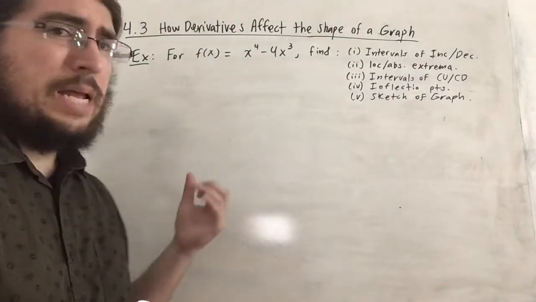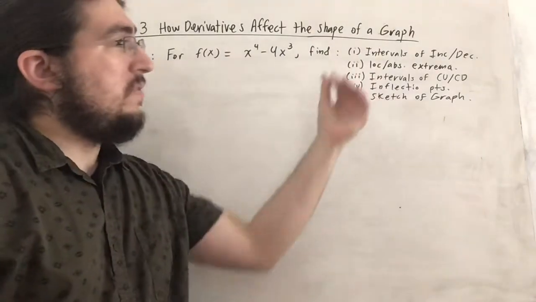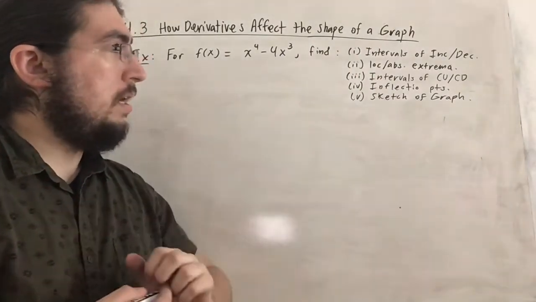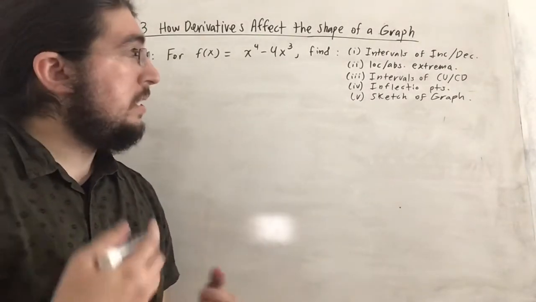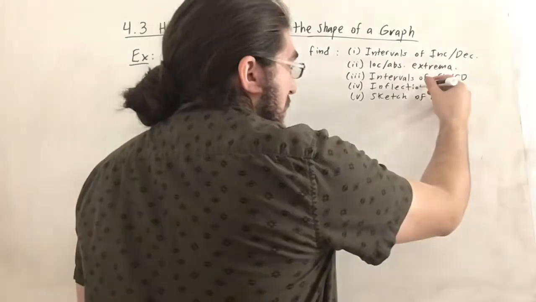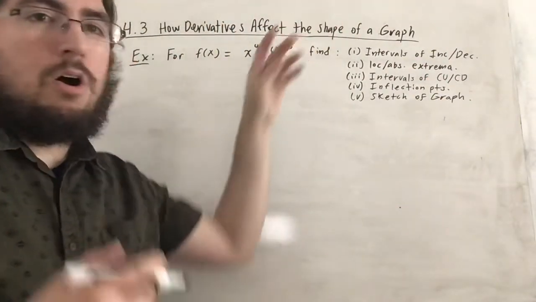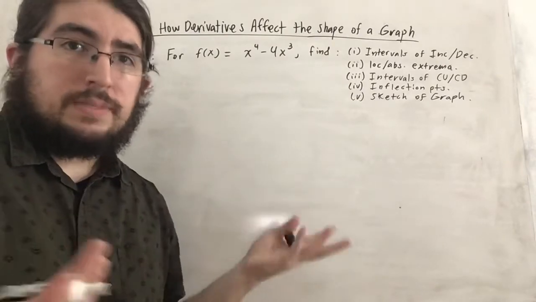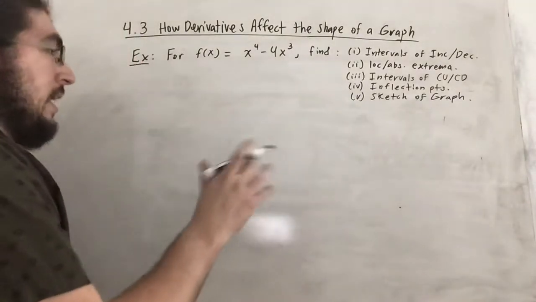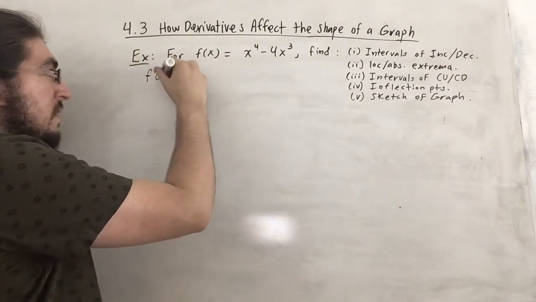All right, so in this example, we're given this function and we're trying to find, well, a bunch of things. Intervals of increase, decrease, local max mins or absolute max mins, intervals of concavity, inflection points, and finally a sketch of the graph. So really we're going to bring all of those ideas together once we actually sketch the graph. So let's see. So just to begin, I'm going to take the first derivative of this function,